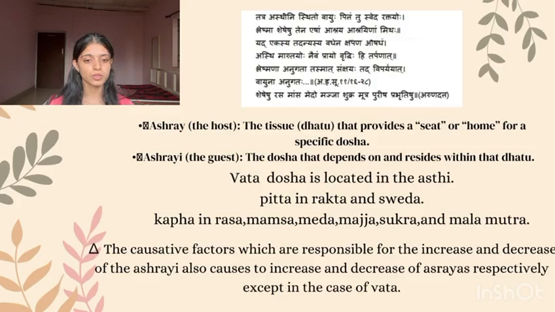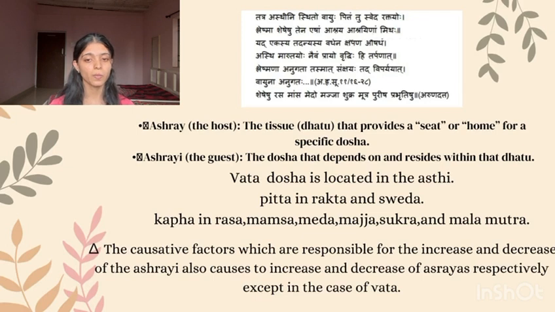Ashray, which is the host, that is the tissues that provide a home or a seat for a specific dosha, whereas Ashrayi, which is the guest, that is the dosha that depends on and resides within that dhatu. Vata dosh is located in the asthi. Kapha dosh is located in the rasa, mamsa, meda, majja, shukra and malamutra, whereas pitta dosh resides in the rakta